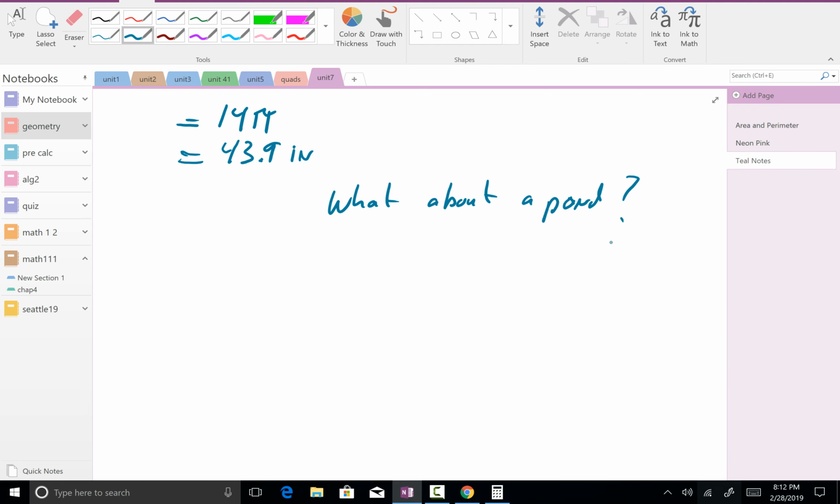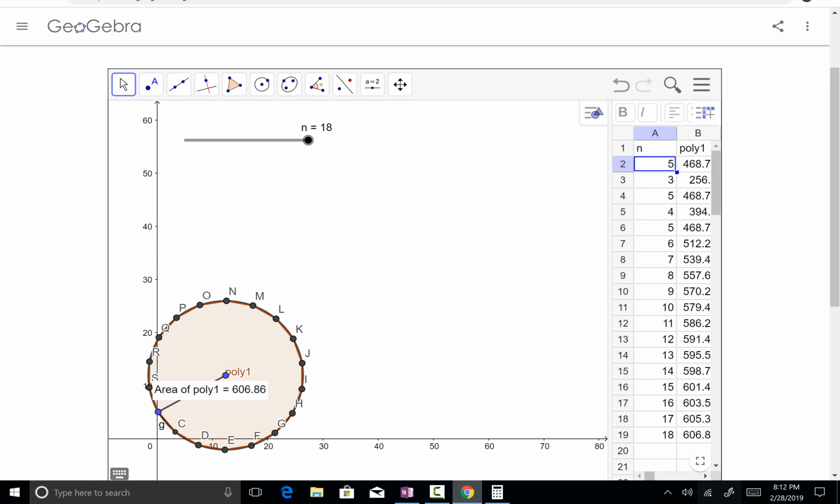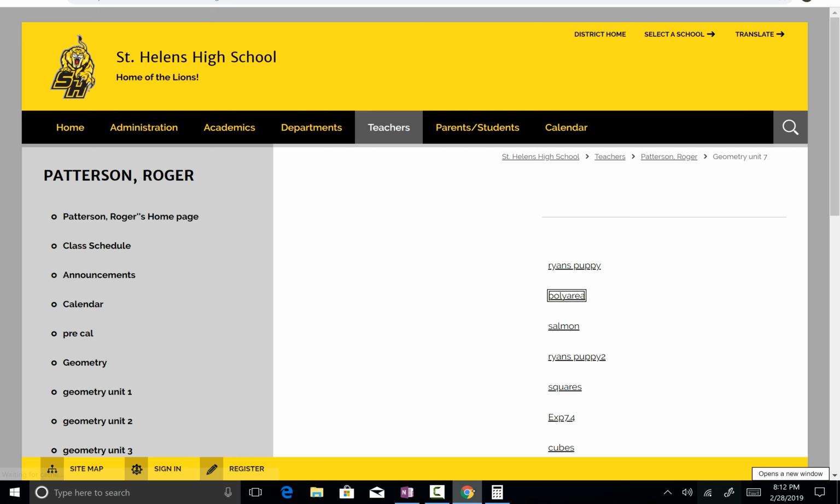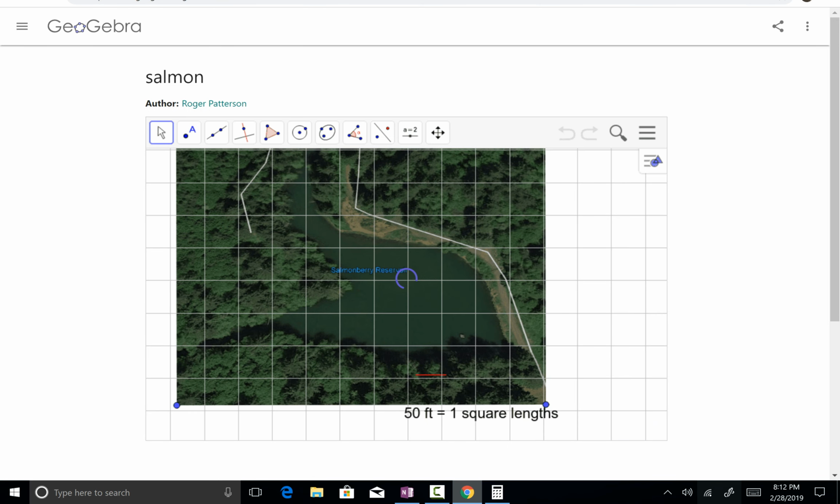I want you to go into GeoGebra again, or not to GeoGebra, sorry, into the website, and we're going to get something called Salmonberry. And you probably pulled that up already, and you can see that that is something that most of you have probably been to, right? Salmonberry Reservoir. Okay, so Salmonberry Reservoir is a pretty good example of something that looks like a pond, all right,